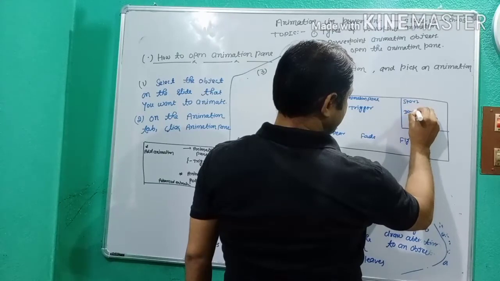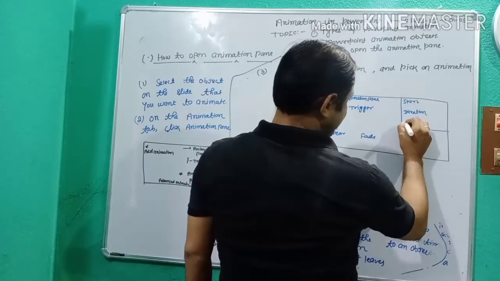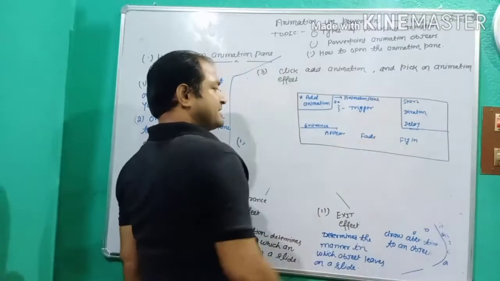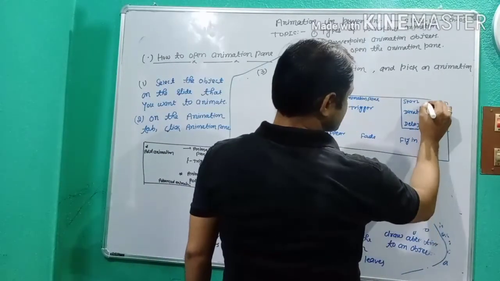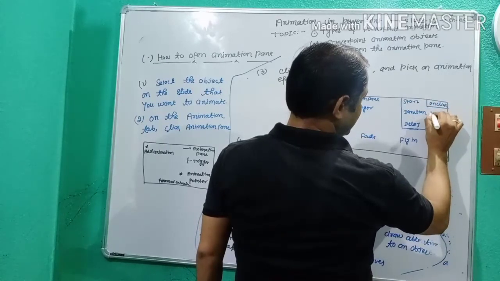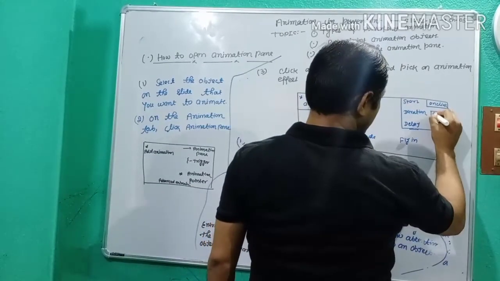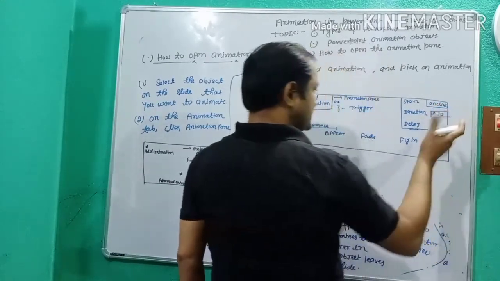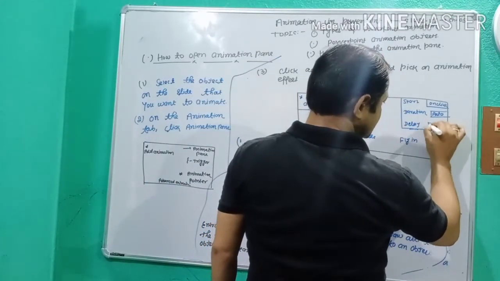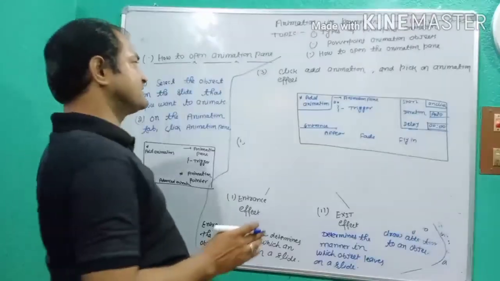This criteria is related to start, duration option, and the last, the delay option. There are three options available on the right hand side. The start option is on click. Duration is fixed to the duration you choose. This is the auto mode. You just click to manual mode, your choice, and the delay option, delay your choice, how much time delay. This is the animation effect.